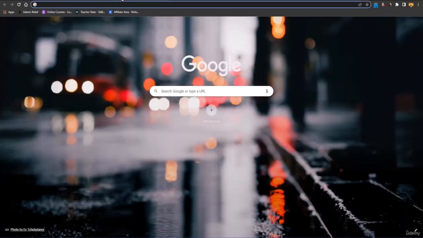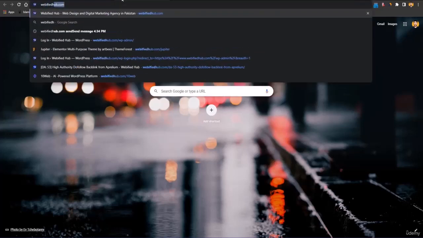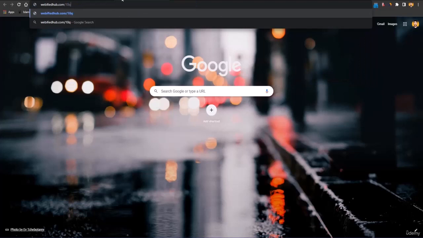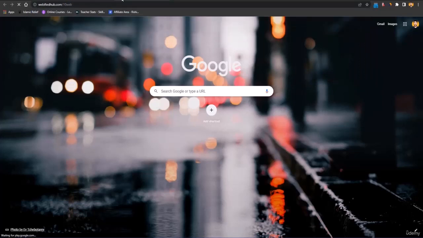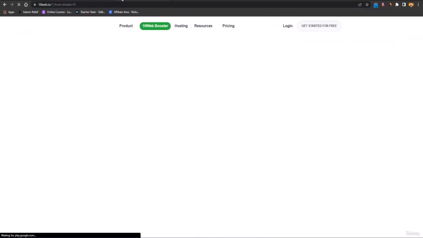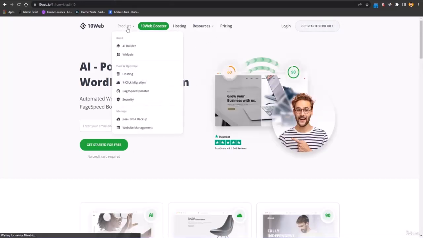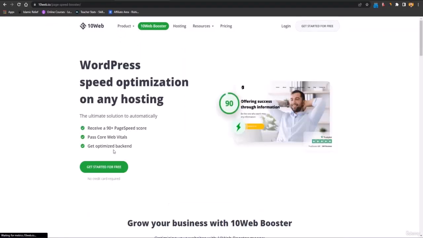What you have to do is, first of all, I hope you have downloaded that resources file and you are using that resources file. You can go there, or what you can do is just type in webifiedhub.com/10web, and you will land on the 10web landing page. This is basically a free website page speed booster. So here you just have to go to this page speed booster, or go to 10web booster and click get